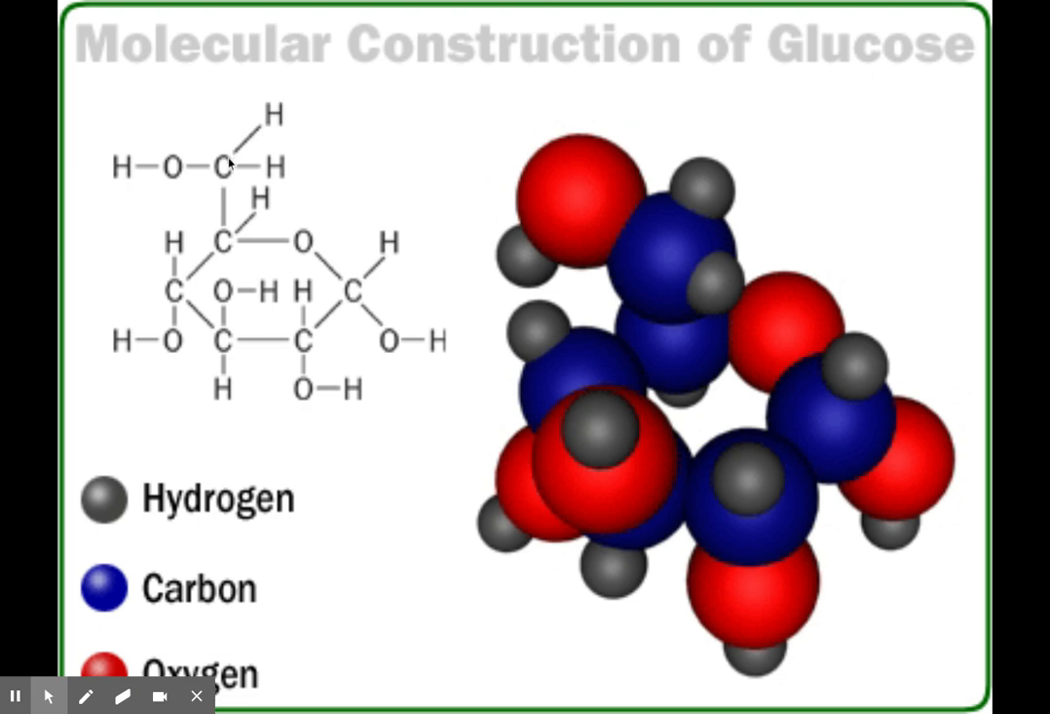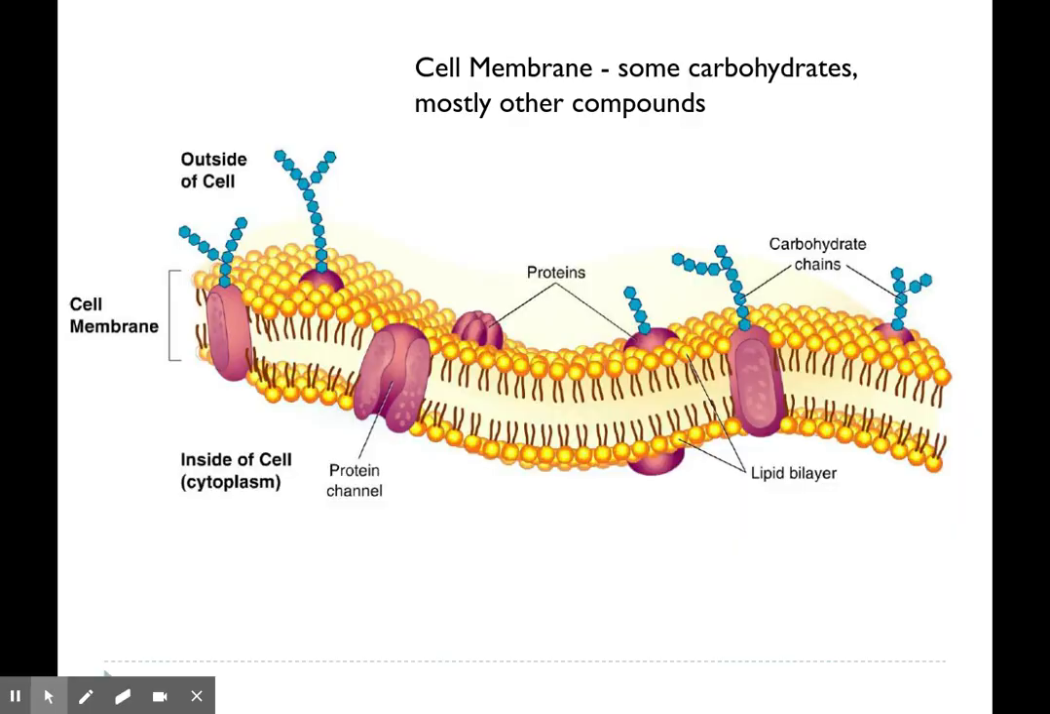So if we look at this diagram on the left, we can see that even though it's kind of twisted and bent, there's this long carbon chain that starts up at the top and then goes down and then follows around. So you can actually connect all the carbon atoms together. This is often referred to as the carbon backbone. Carbohydrates can be used in